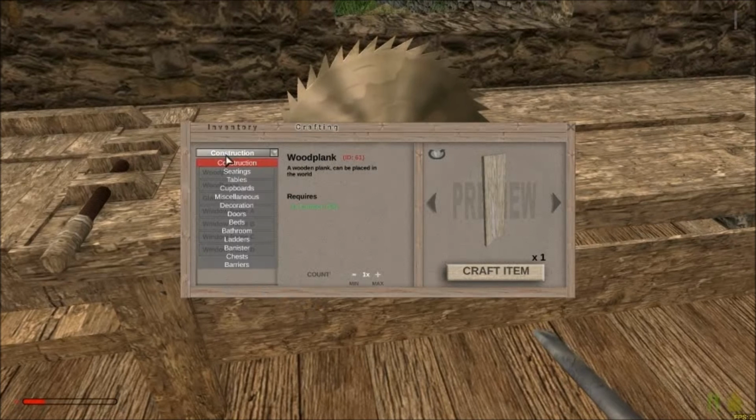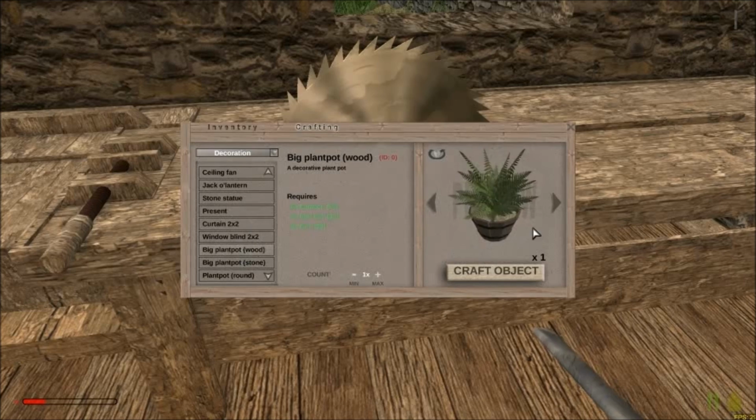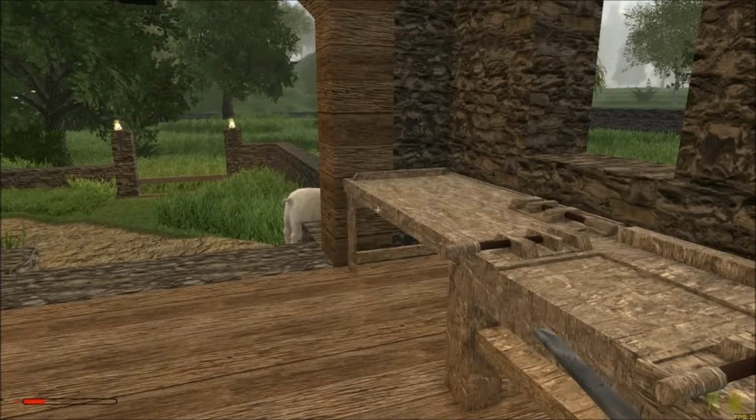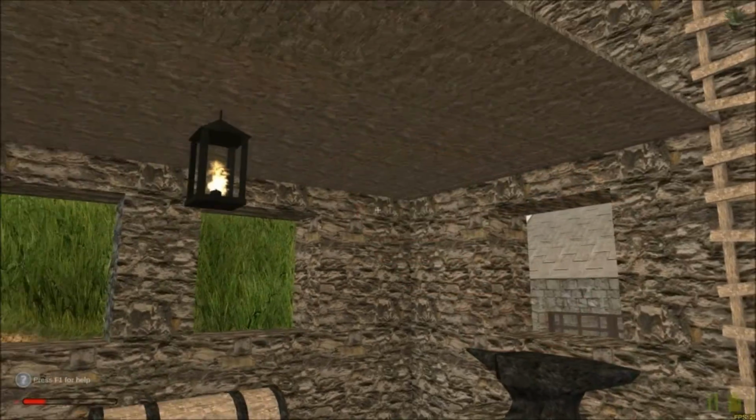Alright, so, where we at? Decoration, big plant pot, wood. Yeah, let's do a couple of those. Fantastic. And then I pretty much run out of dirt at the moment, so if I want to do some more of that, I'm going to have to,